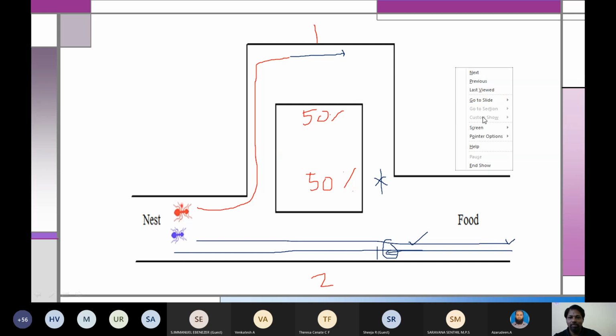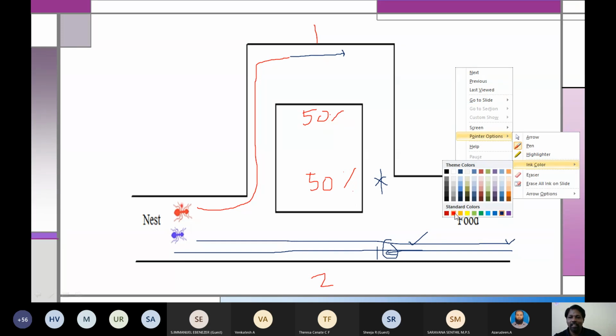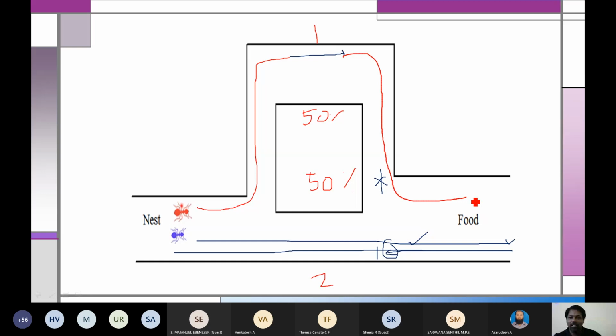Okay. Now the first ant is slowly coming, and it is going here, again coming back. You'll see that it has one path here and one path here, but you can see in the second path there are 2 lines, so more pheromone. In the first path you have only 1 line, less pheromone, so this ant will also take the second path. So after some time, the first path will disappear and the second path will be taken. This is how ants are finding the shortest path, by seeing the pheromone content.